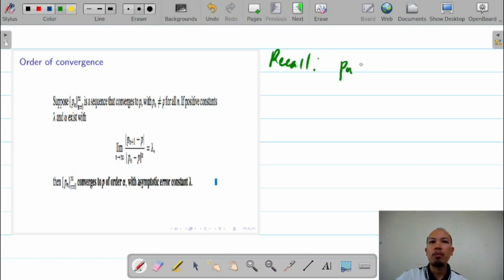P sub n plus 1 is equal to 0.7 to the n, and p sub n is 0.7 to the n minus 1. Our p is 0. Okay,